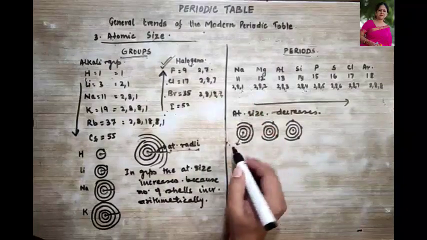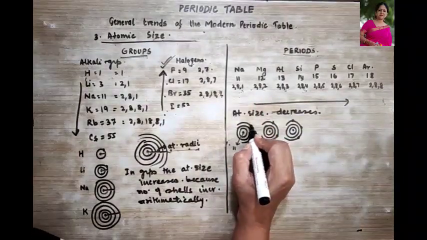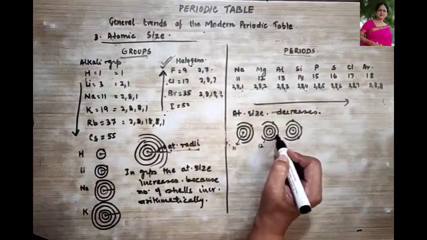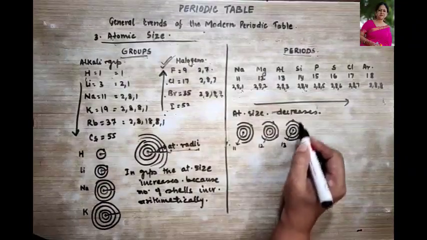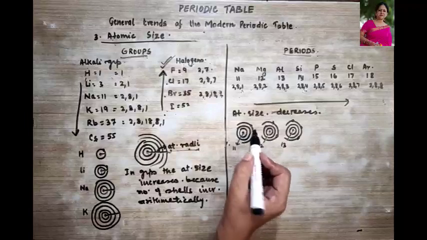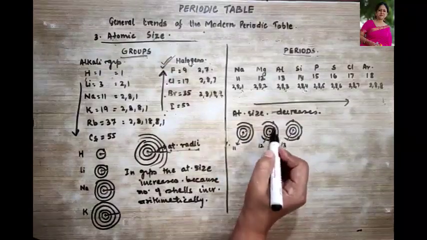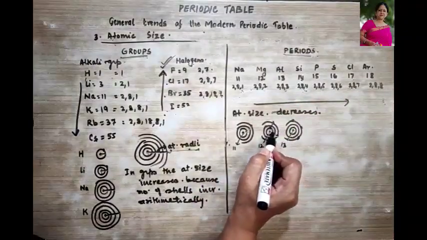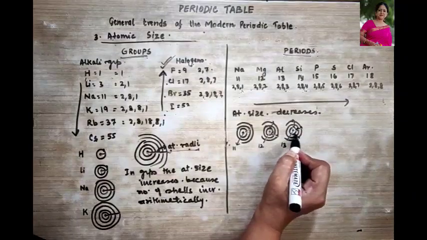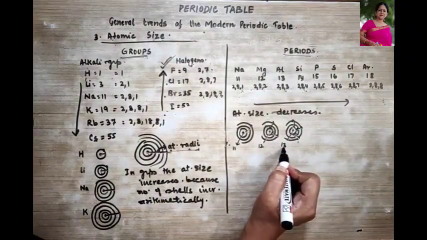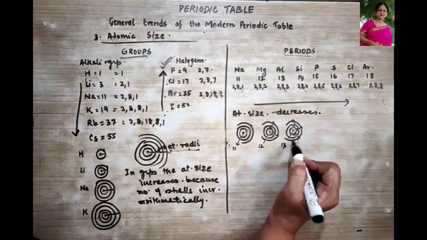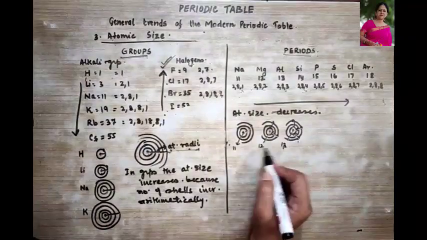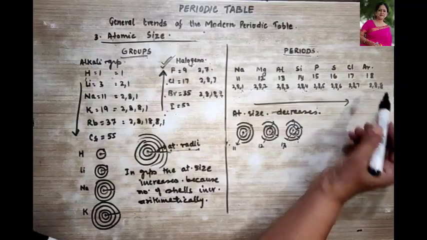Now look over here, there is one electron and how many protons are here? Protons are how many? 11. And look at the outermost shell, it has just one electron. Here 12, there are 2 electrons. Here 13, but there are 3 electrons. So what is happening? The nuclear pull is increasing. The positive charge is attracting the electron towards itself. Here the pull is more because the number of protons are more, but number of electrons are less as compared to protons. So what is happening? The nuclear charge is increasing, right?